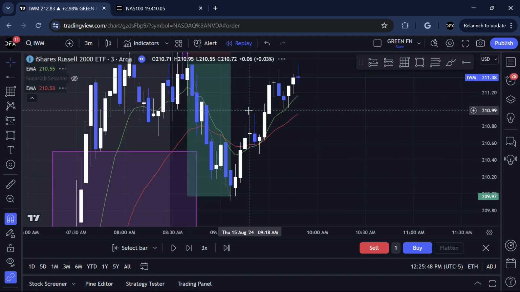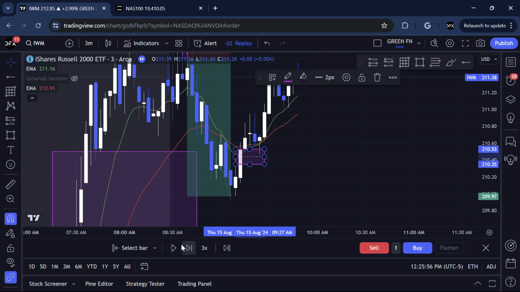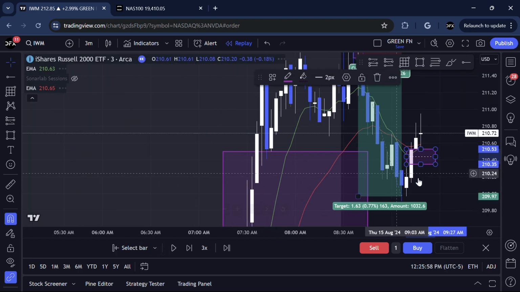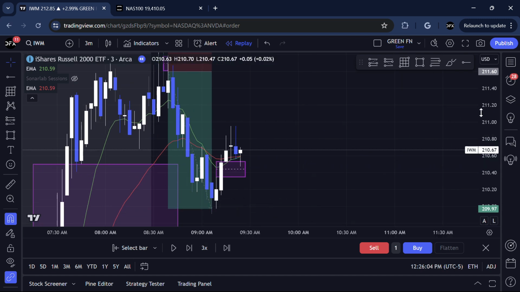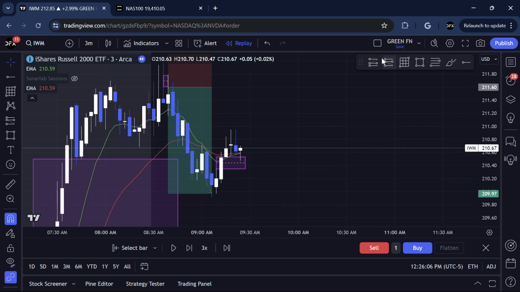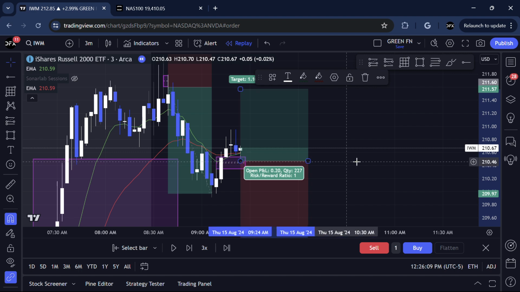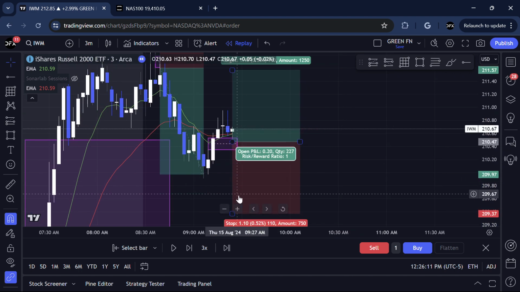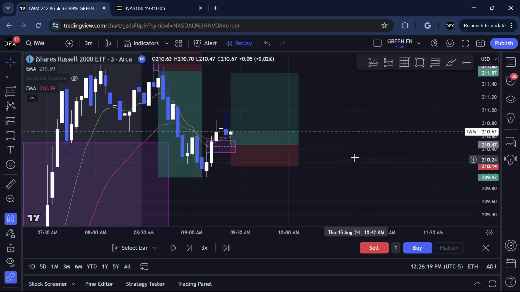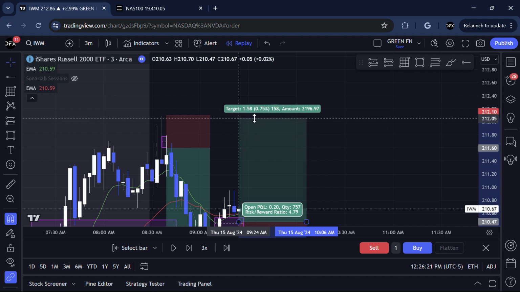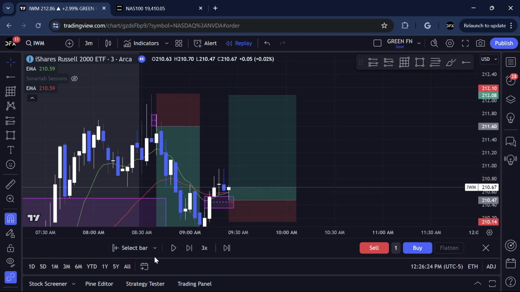So if you go onto the 3-minute time frame, you can see that this 3-minute imbalance was created. And then, let me just select the bar. Okay, boom. Obviously, that's a perfect confluence. EMAs tightened up and they're about to cross. If I were to take this trade, I took the entry at the 50% mark. I would put the stops below this candle right here, or if we wanted to build a little bit more liquidity, I would put the stops at the highs. And let's see what happens.